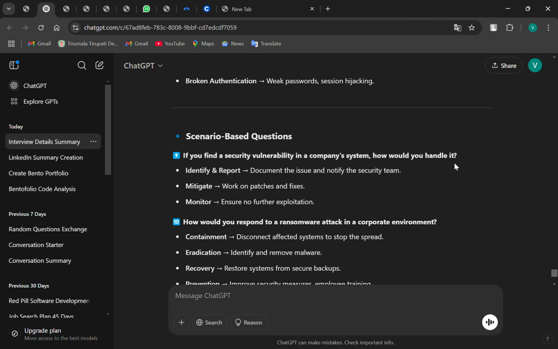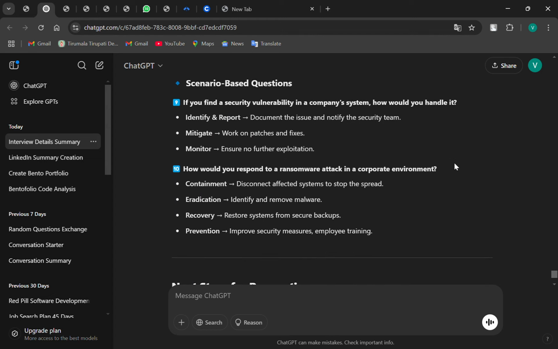If you find a vulnerability in a company system, how do you handle it? Identify and report: document the issue and notify the security team. Mitigation: work on the patch and fix. Monitor: ensure that there is no further exploitation.